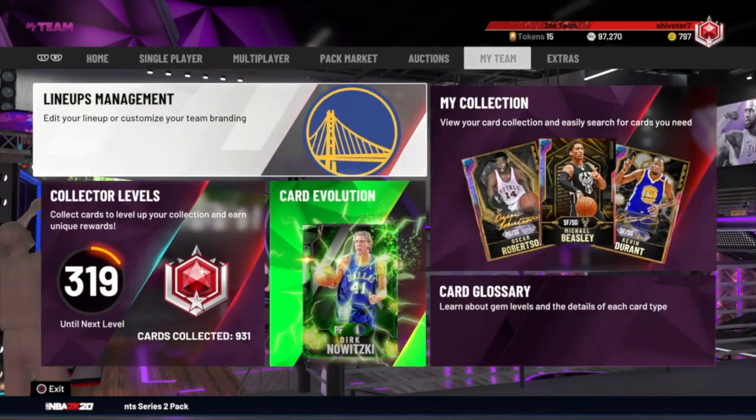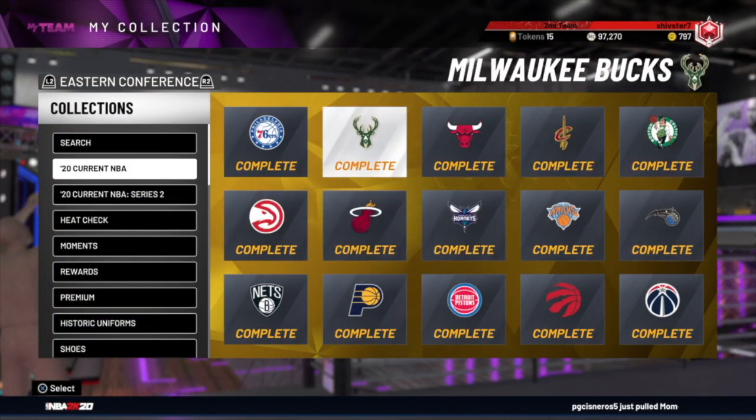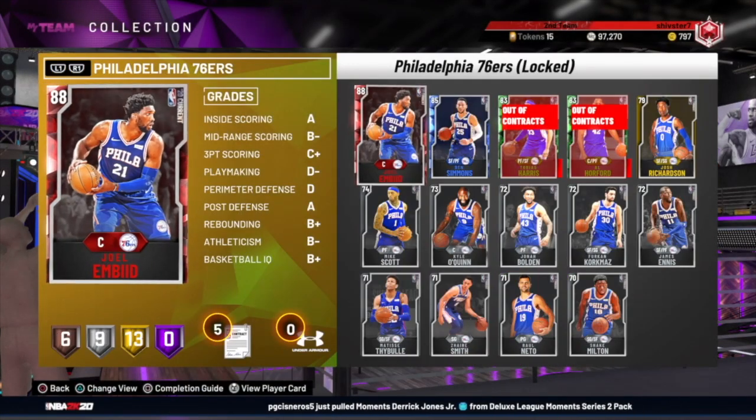I won't go out and start buying these current NBA players. For example, you could have bought Giannis in the beginning of the game. Who else is there, like Embiid, Ben Simmons, all of them. They're good cards obviously, but at the end of the day they're just way too expensive